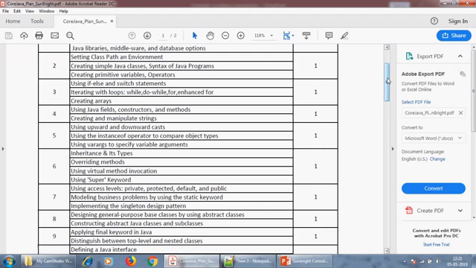The above 3 hours are just the basic installation of the Java JDK, and then how to run the Java programs. From this fourth hour, if you see, using Java fields and constructors and methods, creating and manipulating strings, these are the core Java concepts that show the importance of Java, as well as how you will use different Java programming constructs in your projects.